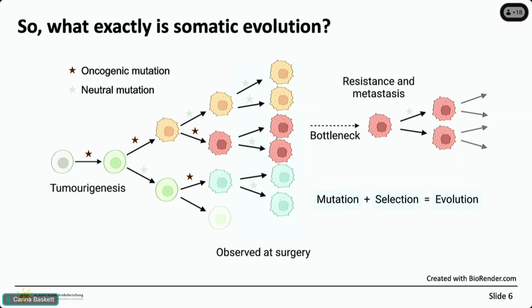But of course, this is not ending at this point. Unfortunately, surgery is not often 100% effective. There's probably still some residual cells, and they'll go on to continue to divide, to continue to evolve, and to also adapt to different therapies, and maybe even also go on to form things like metastases, where they colonize essentially different parts of the body. But clearly, somatic or cancer is formed by an evolutionary process.